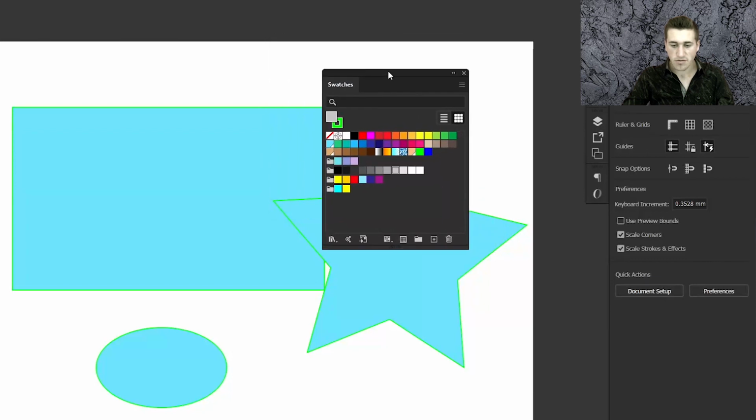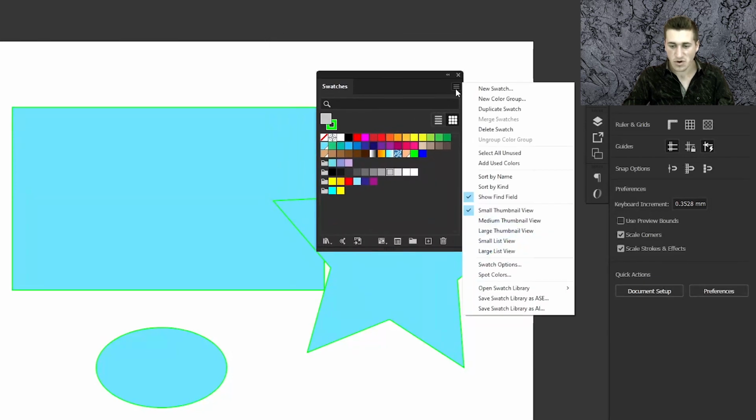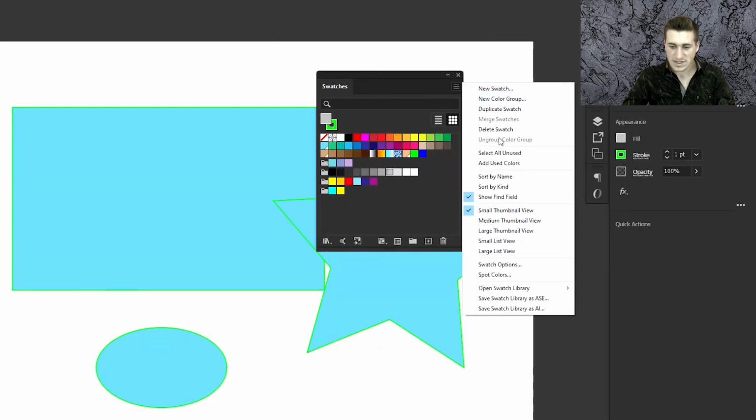So we've basically gone through all the options here. You have here a few more options. You can choose new swatch, that's the same thing as that icon there. New color group, delete, ungroup. If you want to ungroup anyone that wouldn't be in the group, you can just drag them out or ungroup them. And then you have an option, select all